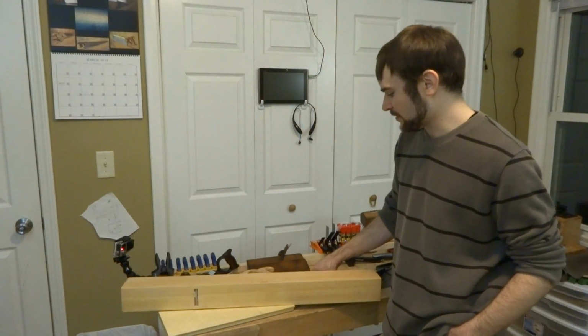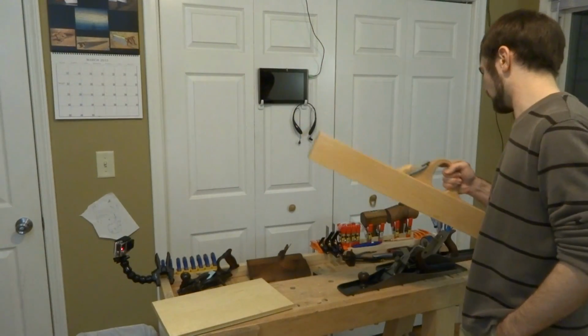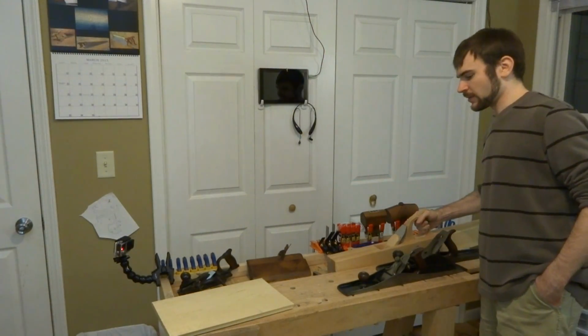First things first, I want to make some hollow rounds, but after that I want to make a couple more bench planes, you know, to go with this jointer. So anyway, getting back to that,